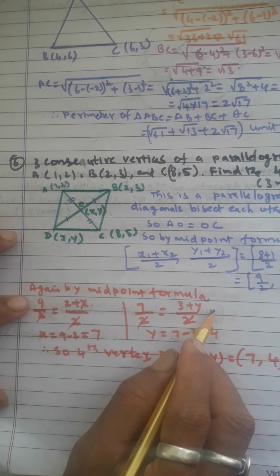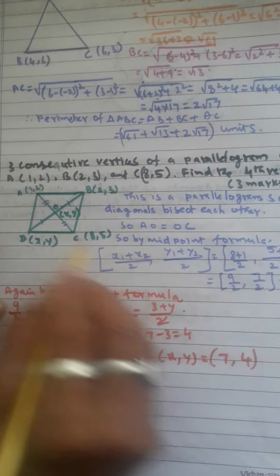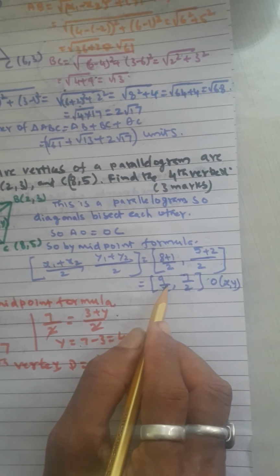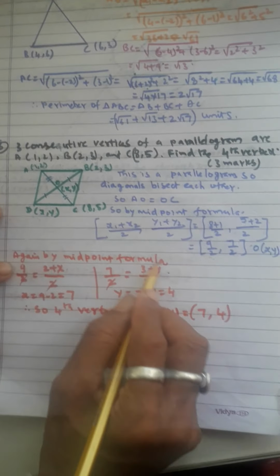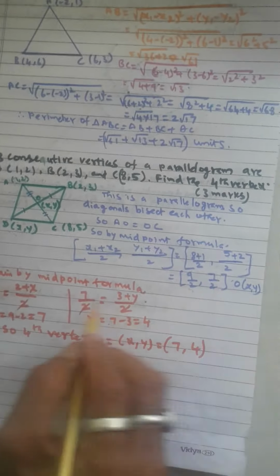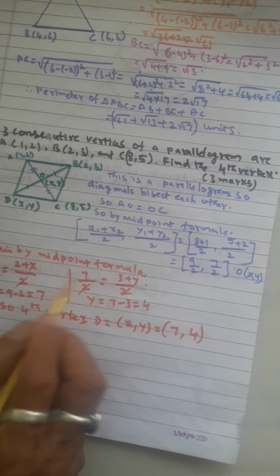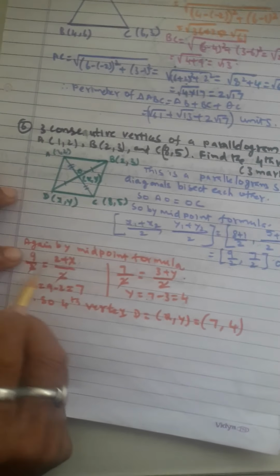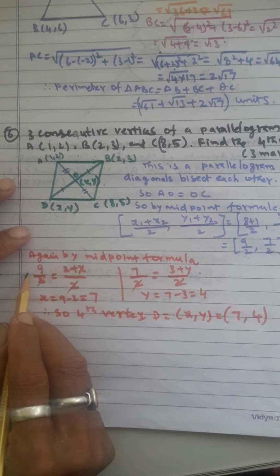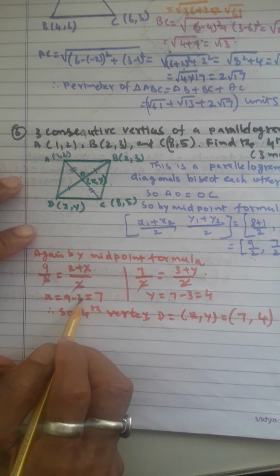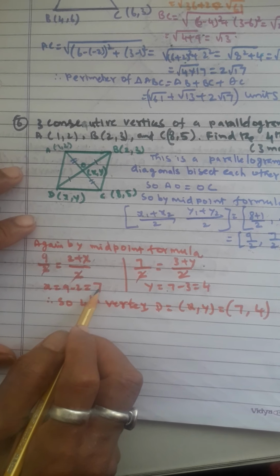We already know the midpoint value that we calculated, which is 9 by 2 for the x coordinate. So for the x coordinate I am writing 9 by 2, and for the y coordinate I am writing 7 by 2. Now you have two equations. In these, the 2 gets cancelled. Now this 2 plus, take it to the other side, it becomes minus. 9 minus 2 you will get 7. So you will get the x value as 7.